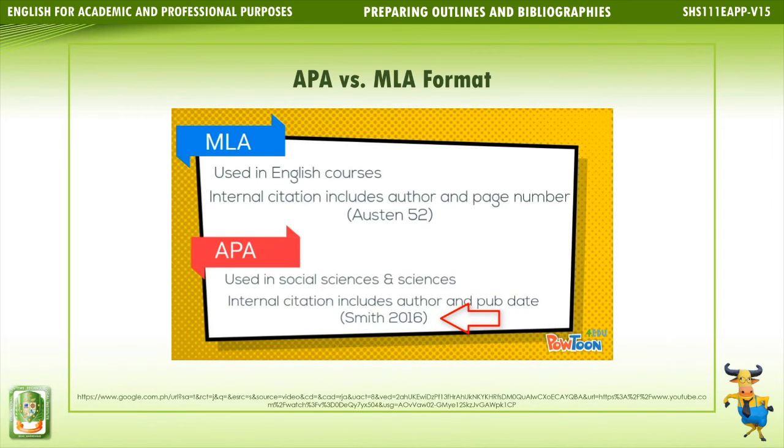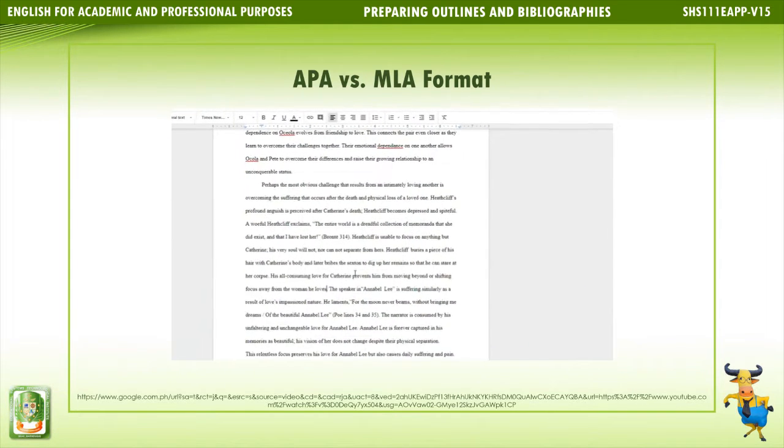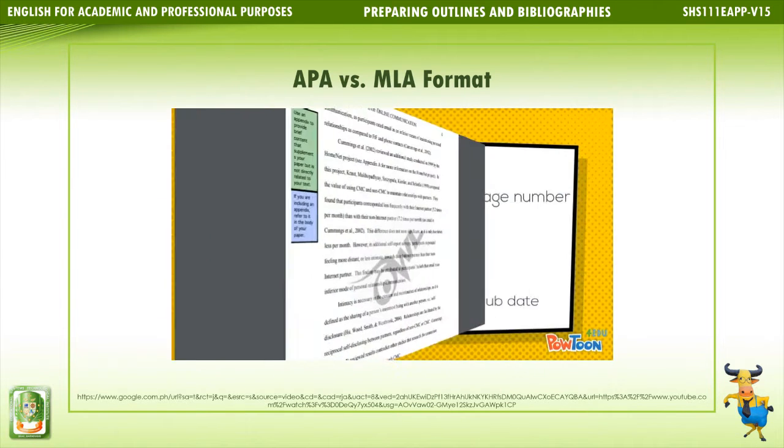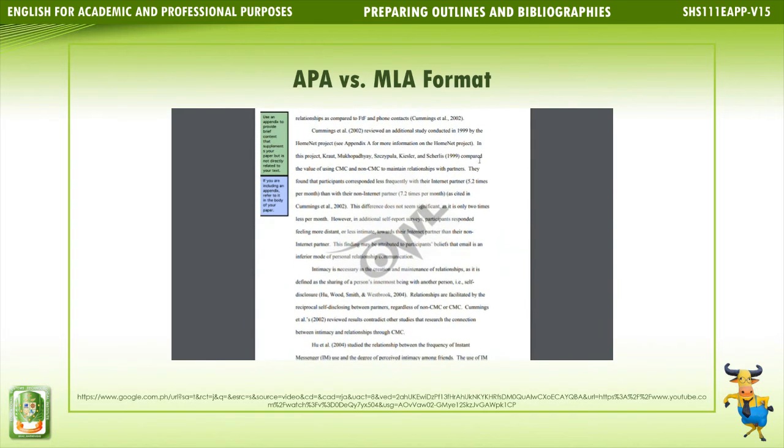Why the difference? Well, in English classes, knowing where something is located in a cited work is much more important than when that work was written. Seeing that the event this person is writing about happened on page 314 is a lot more useful to me if I want to track down that scene or that quote, as compared to just having the date the novel was published. In contrast, APA style is used in social, medical, and physical sciences where shorter articles are usually referred to as opposed to long novels. For these fields, the date of research is more important, so I can see how current the information is that